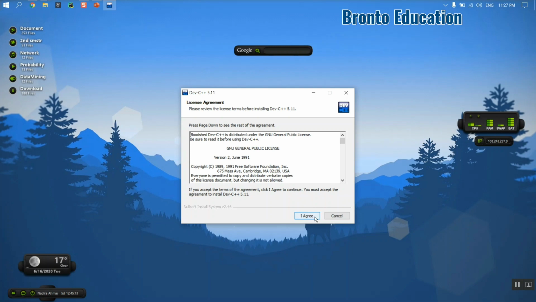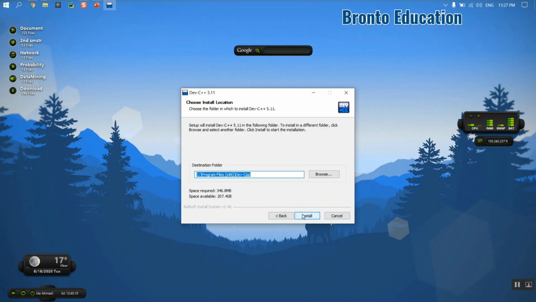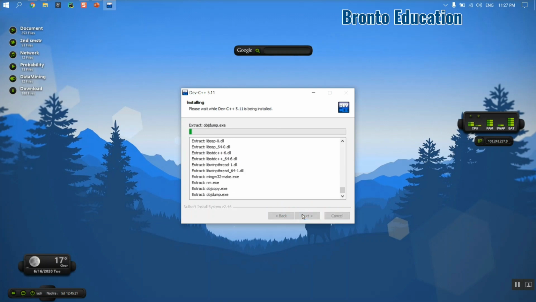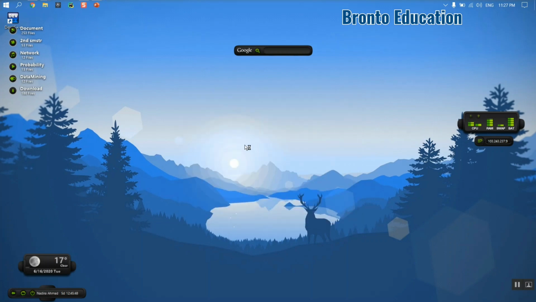That was English, and this is the license. You have to read it, then agree, and next, and install. It's going to be installed in my C drive, though I didn't show you how to check which drive you want to install. Now it has completed, and I'm going to run it after installing.